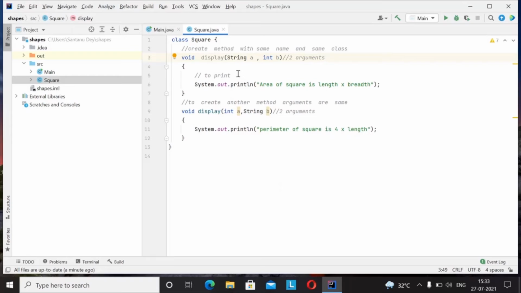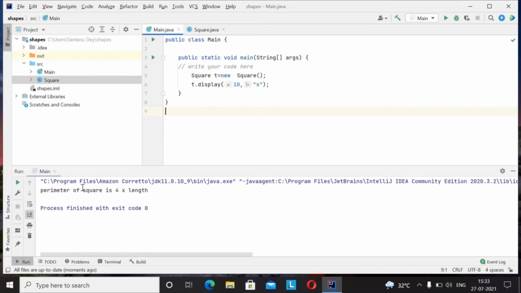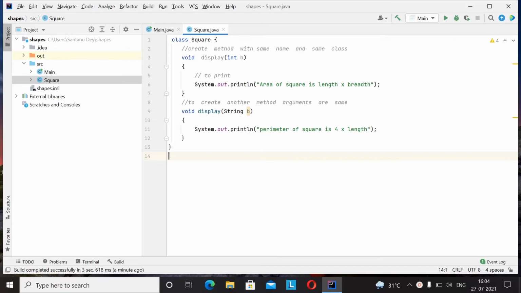The sequence of arguments can be made in the following way. If the main method does not follow the sequence, then it cannot call any method from the other class. So in order to call the method, it has to follow the sequence. In order to show the type of argument, we can make the data type different.